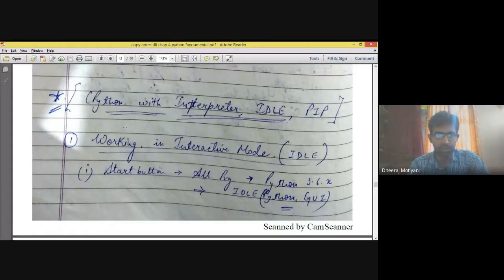I'm going to tell you. I'm showing you that particular screen. You see start button, all programs, Python 3.6.x. But right now I have installed 3.7.7. Instead of 3.6.6, I have installed 3.7.7. So you install that IDLE Python GUI. Once that is done, it will show you this screen. I'm showing you the screen.